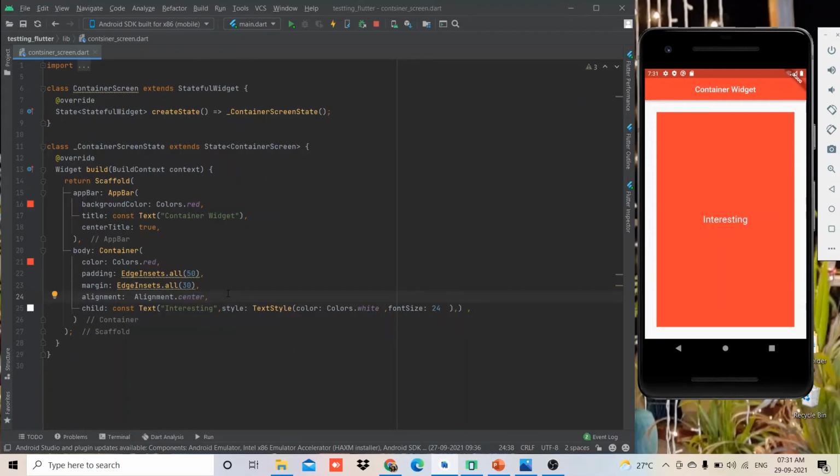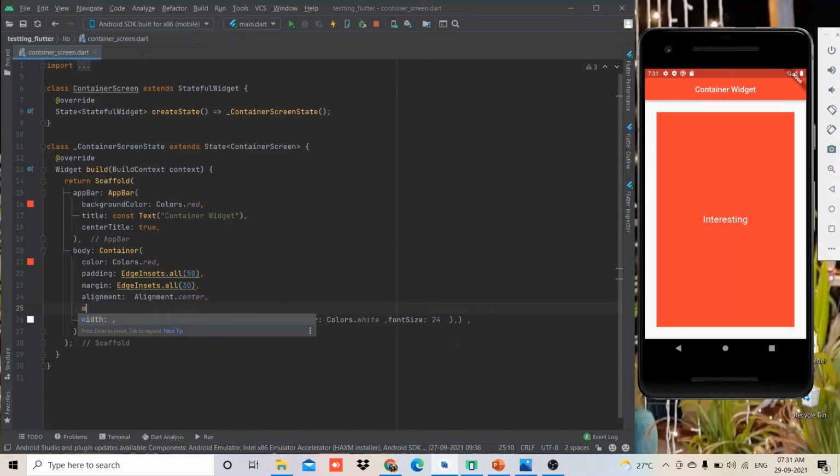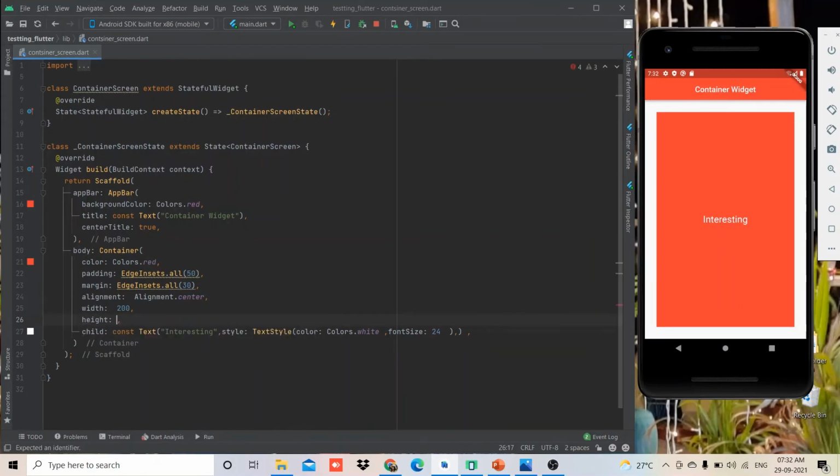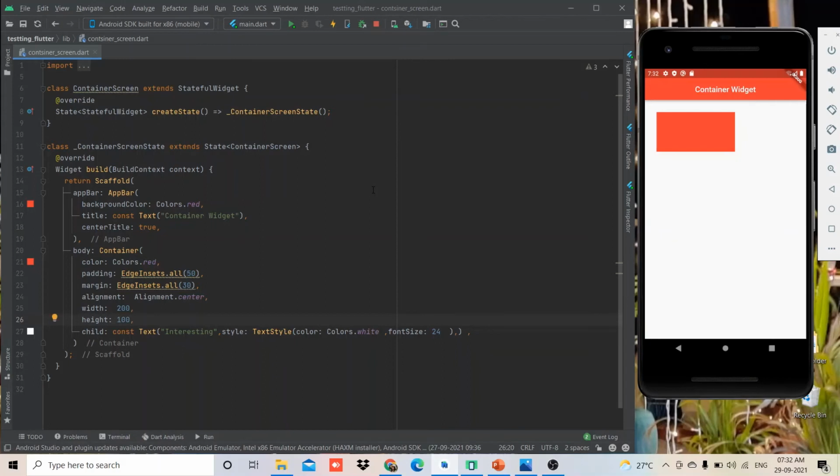If you want to override this, you can set the container's width and height. Or also you can use the box layout model.